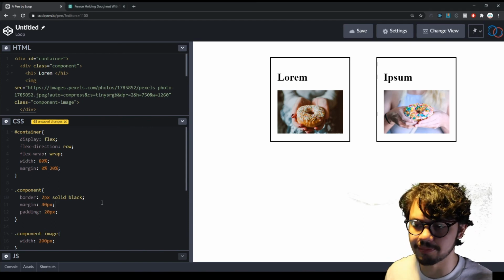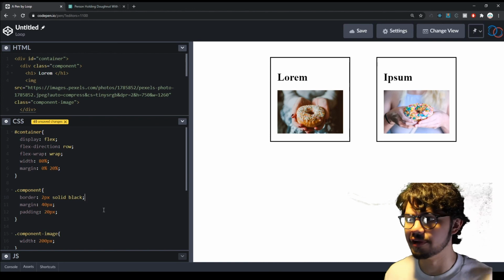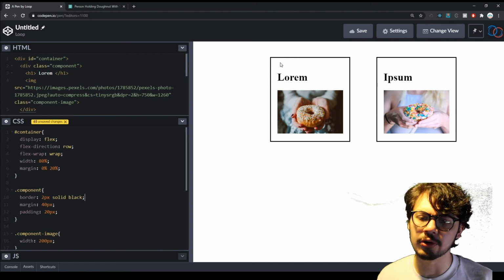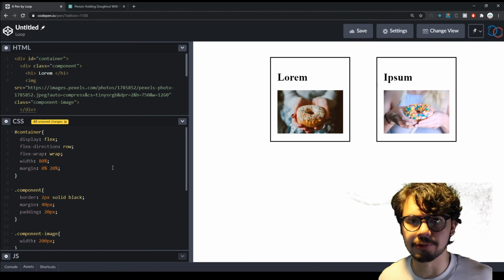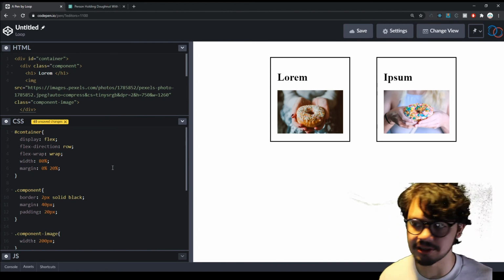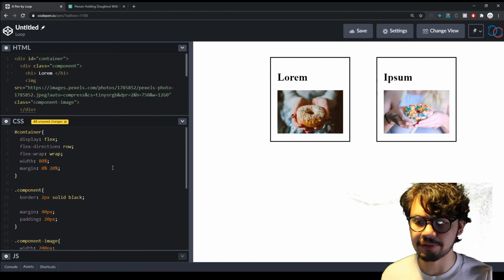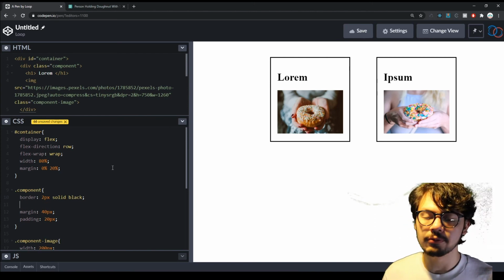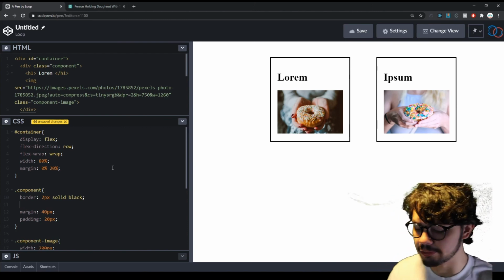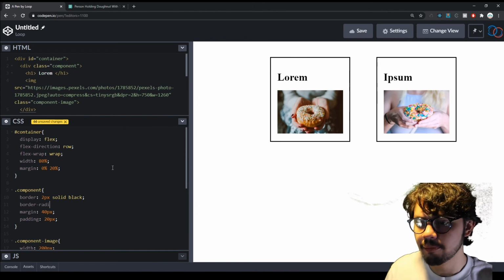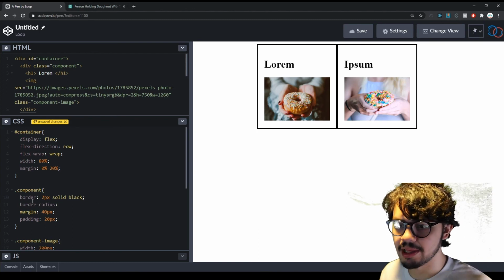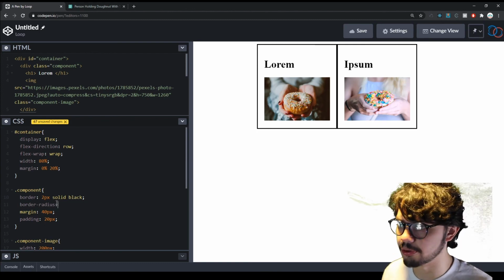With the adjustment of border radius, we can soften edges of boxes within our website in order to make things seem a little more inviting. Sharp corners work great with certain styles, but if you're using soft shadows and soft edges, the use of a rounded corner on a square can really make a difference when it comes to a design. So what we'll focus on today is not only learning how to utilize border radius, but also how to individually control each corner. To begin, I'll go ahead and add the property of border radius to my component, and